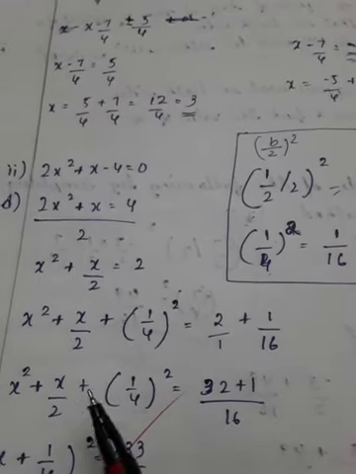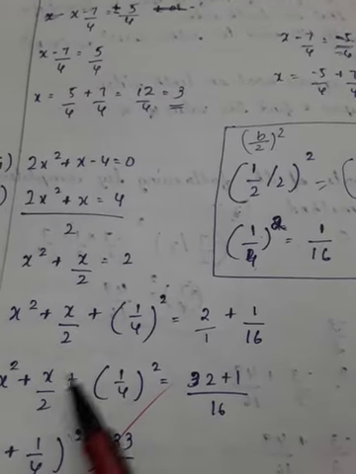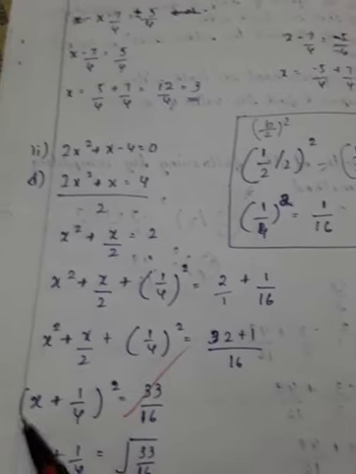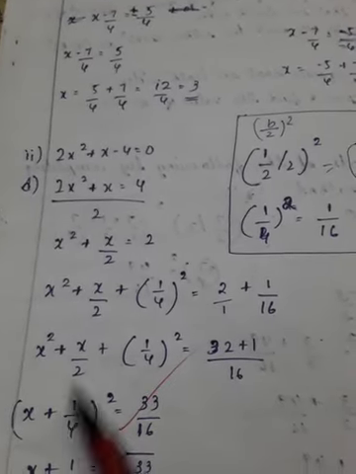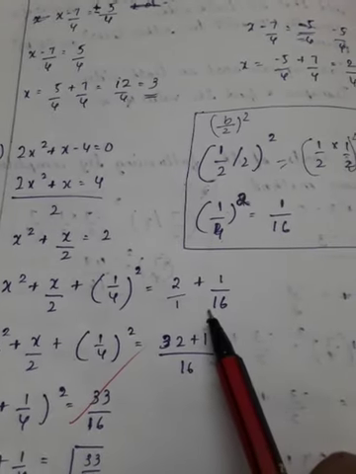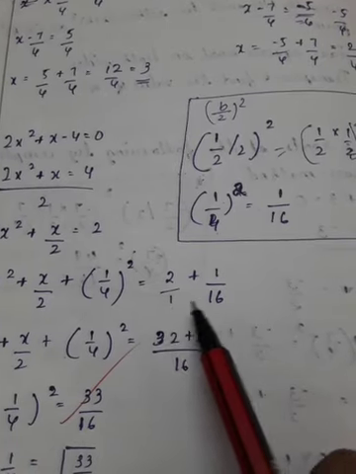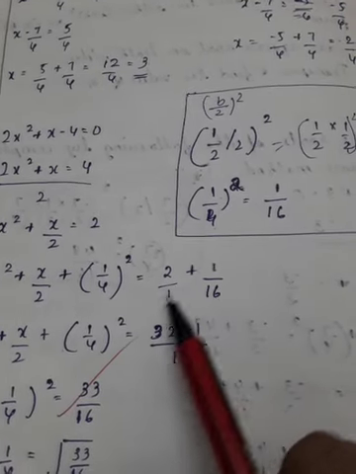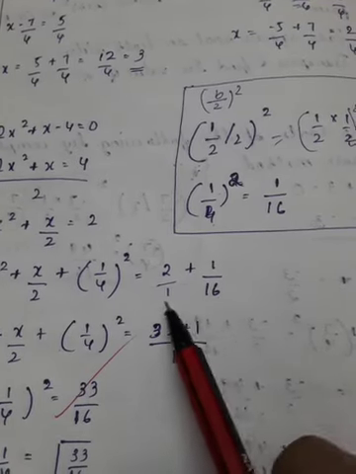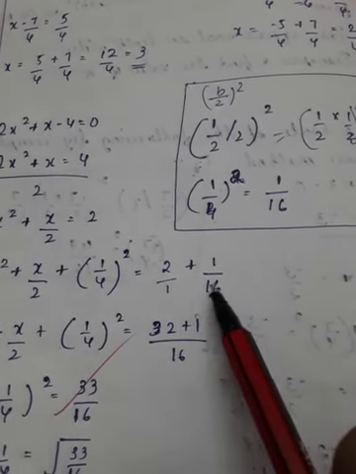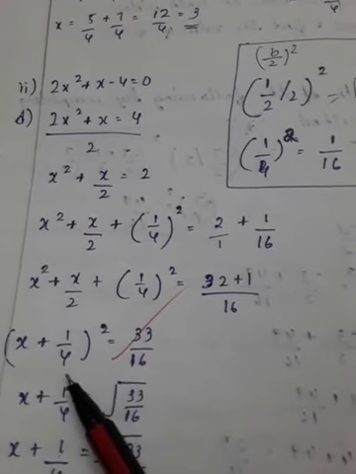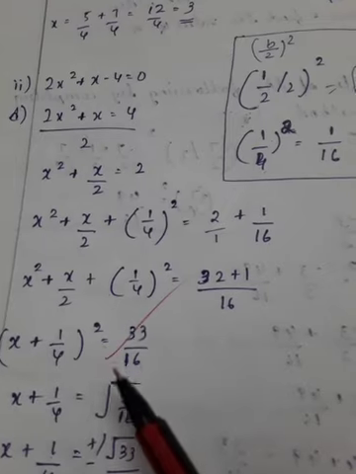So here we got the form as a square plus 2ab plus b square. So no need to bother about this. From here we got x. From here we got 1 by 4. This symbol is plus, so that we should write. Okay. Now do the LCM method or cross multiplication. Here I do the cross multiplication method. 2 into 16 is 32. Then plus 1 into 1, 1, by 1 into 16, 16. So 33 by 16. The next step we should take the square root on both sides.